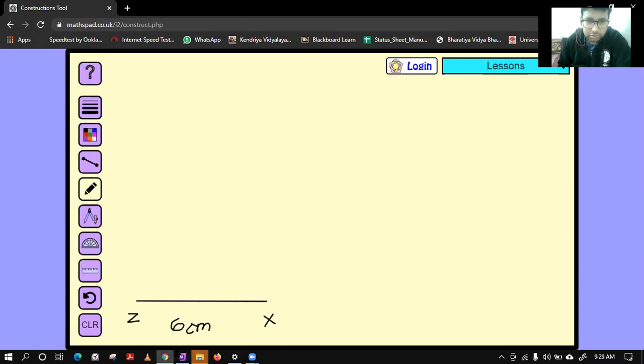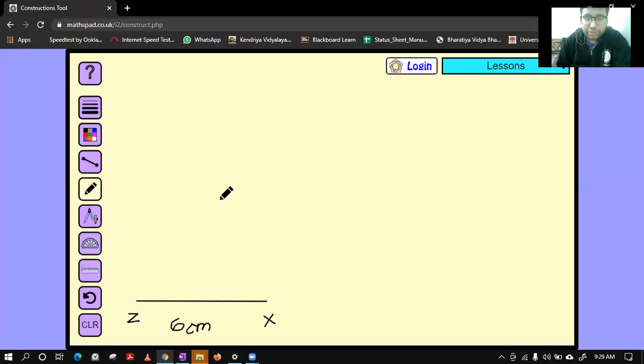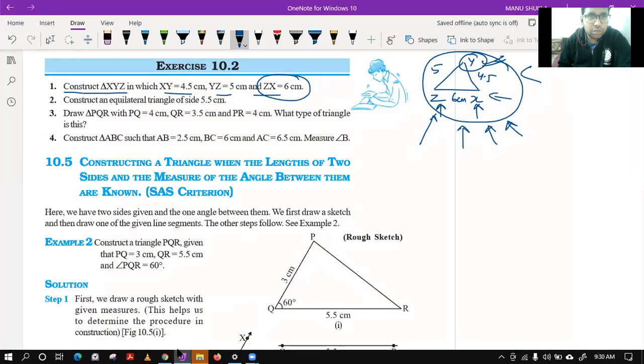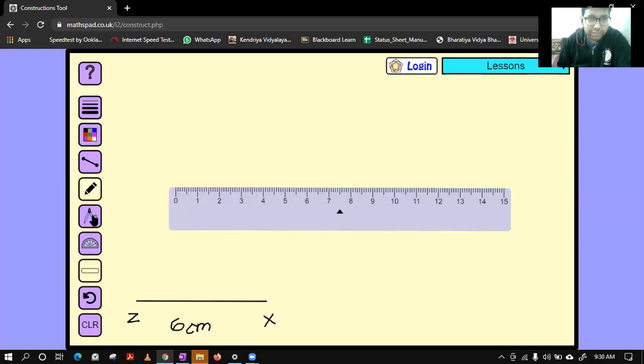Now the second step, what is given to us apart from ZX is XY and YZ. So we need to find one more point in the air. Class, we have got Z, we have got X. Now we try to find the point Y. We have to find where the point Y is located. As soon as we find the point Y, you can get the sides easily. XY is 4.5 and YZ is 5. Let's try with YZ. So YZ is 5 centimeter.